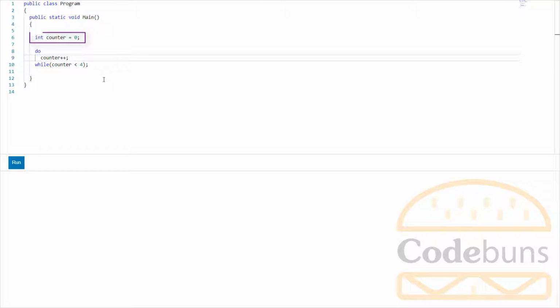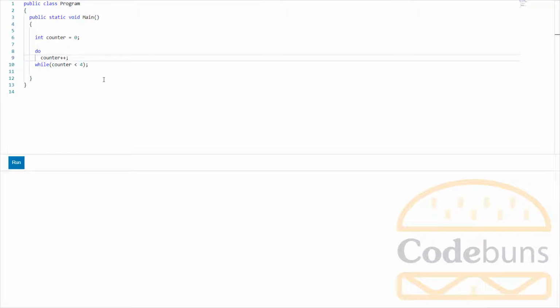I have declared and initialized a counter variable with the int type and assigned an initial value of 0 to it. First time in the beginning, the loop body executes at least once, irrespective of the condition being true or false. Then this boolean expression that returns true or false is evaluated at the bottom of the code block. This condition, counter less than 4, will repeatedly execute until the value of a counter variable is less than 4. And this expression for updating the counter adds 1 at the end of each repetition, increasing the counter variable by 1. If you notice, this loop doesn't do anything except updating the counter variable.